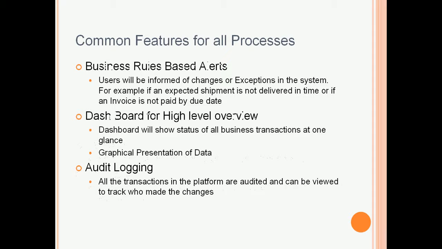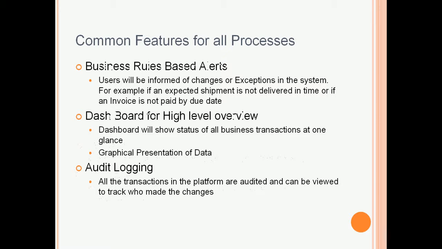The common features offered by the platform are, in addition to common access for all the parties through the browser, business rules based alerts. So the system can generate alerts based on business rules. For example, if the supplier has not responded for a long time, you may want to generate an automatic alert to the supplier informing that it's outstanding. Or if a shipment was scheduled to reach about a week back and has not reached yet, it can generate